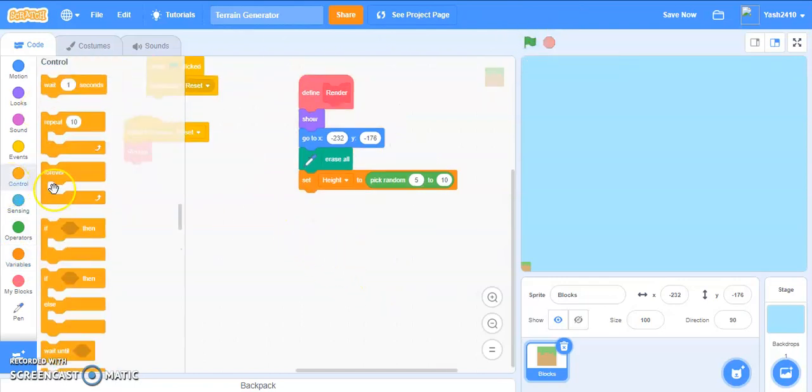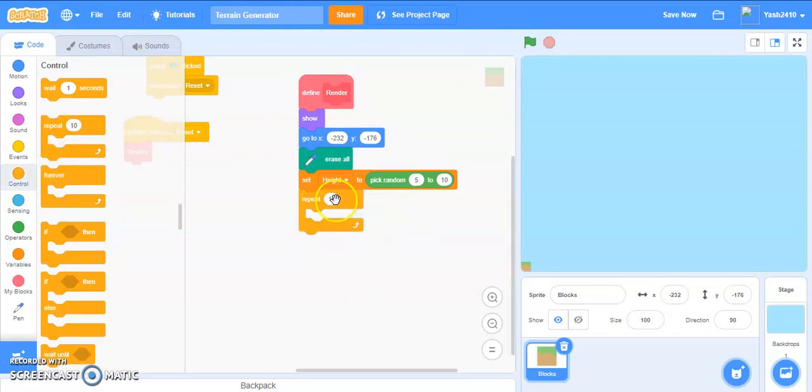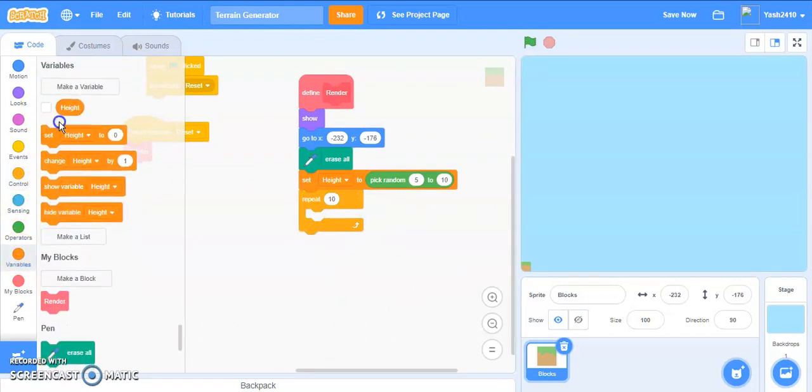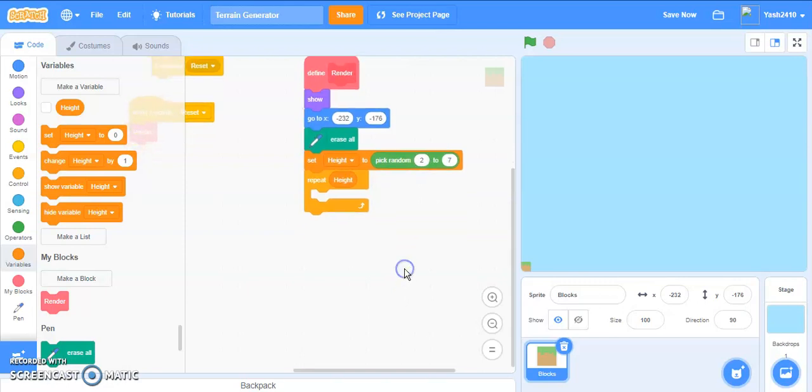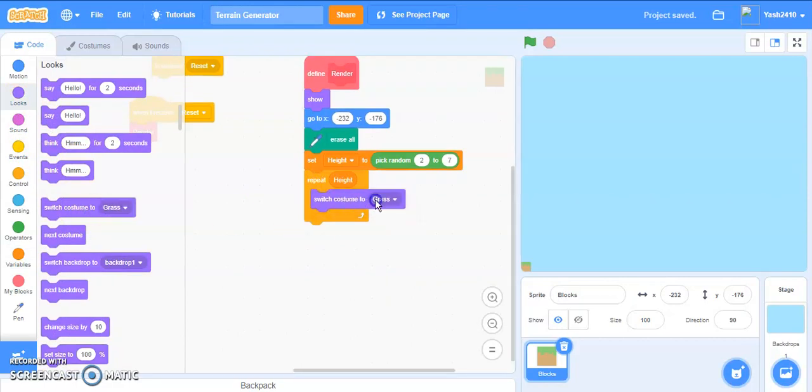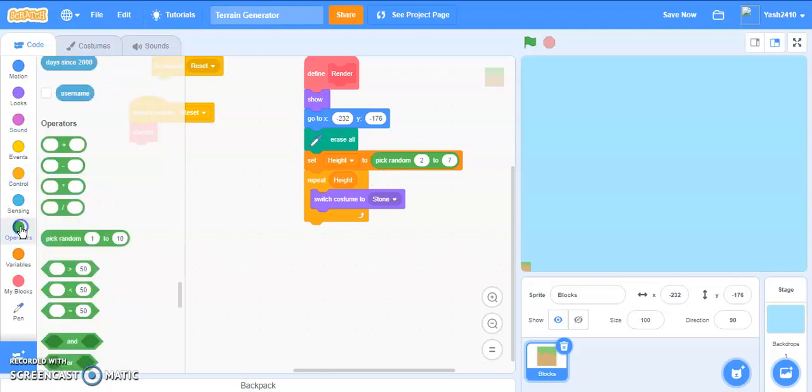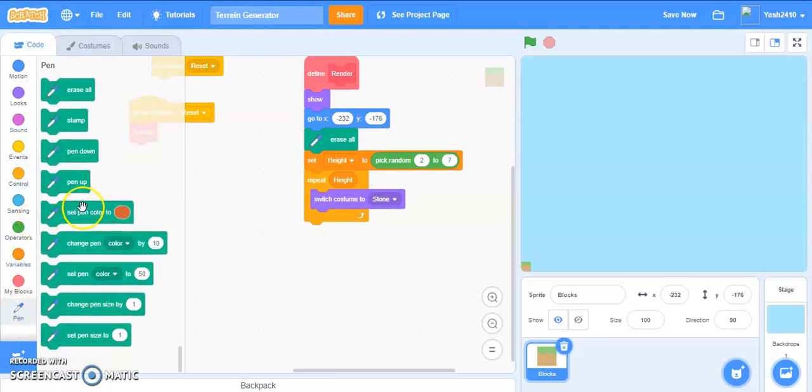Oh, that's obvious. And we will repeat and we'll get the height variable. And this is basically the height of how tall you want your blocks. So actually this will only be the stone, so you want to cut down 3 from it. So 2 to 7. And we want it to repeat height. We will switch costume to stone and we will stamp,